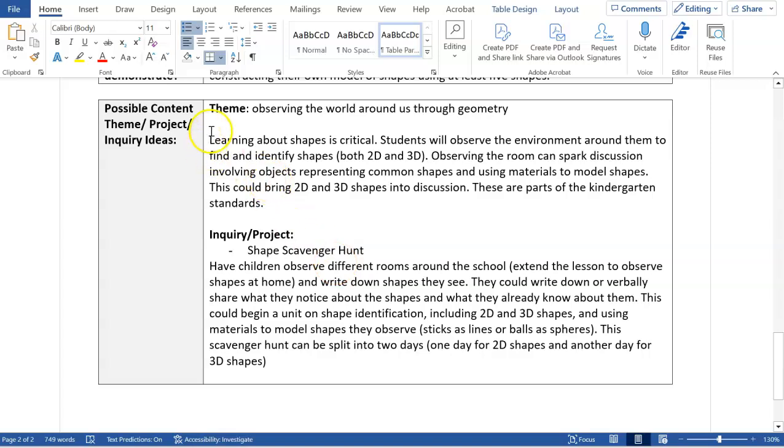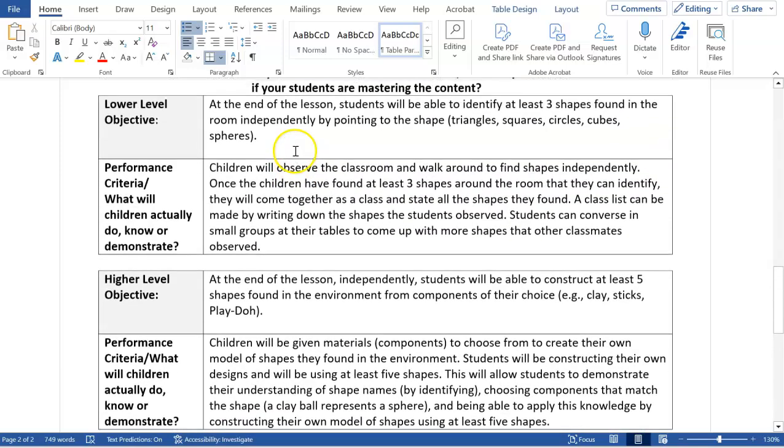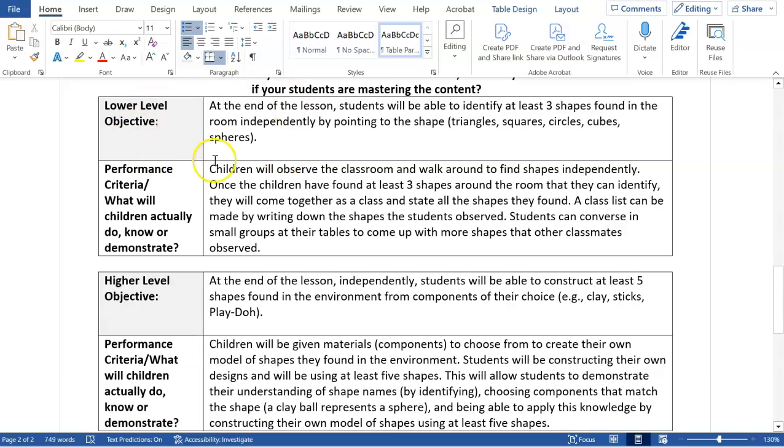And just keep in mind that your large group lesson will be based on what you write in your lower level objective, and your small group lesson will be based on what you write for the higher level objective. All right,